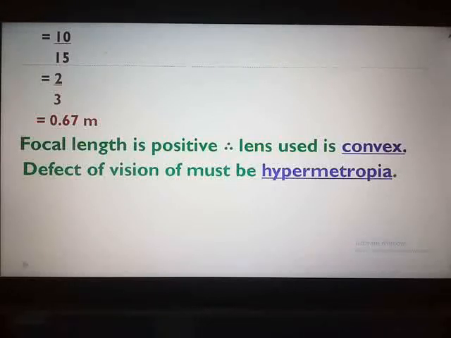Activities of both the chapters we will complete, and then we will, if possible, start with a new chapter, chapter number 8, metallurgy. So I request all of you to at least go through the initial part of chapter number 8, metallurgy. Thank you, dear children.